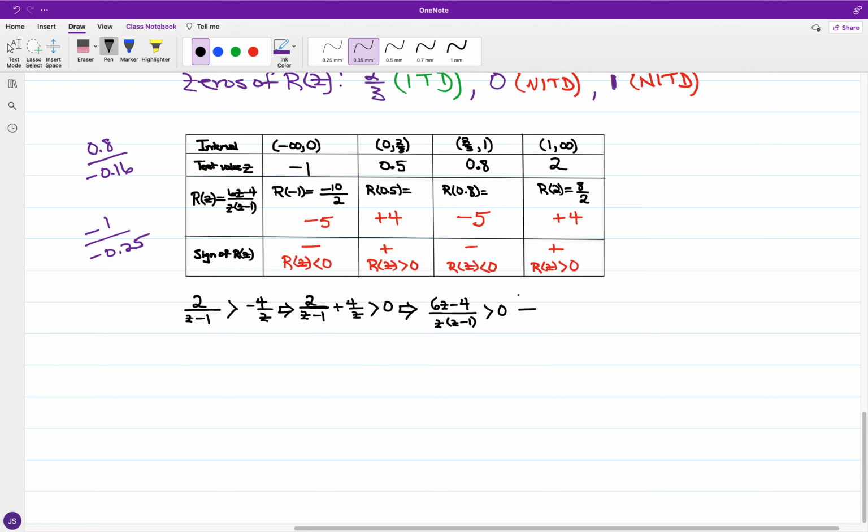So this is going to be partaking of where R of Z is greater than 0. And so for what we will have in the case of the solution,